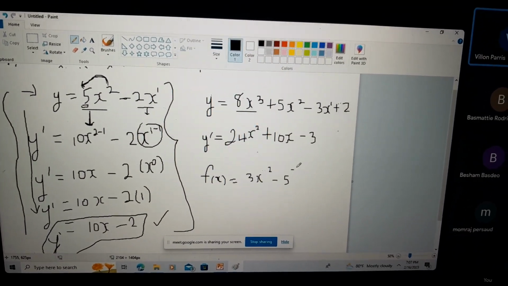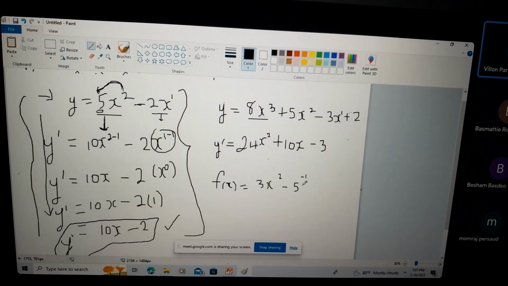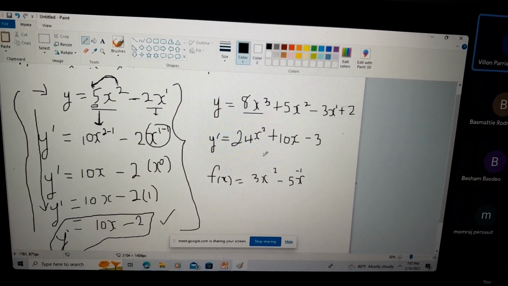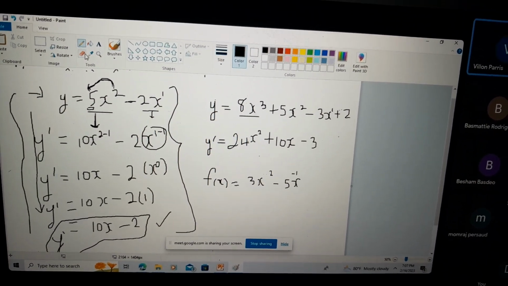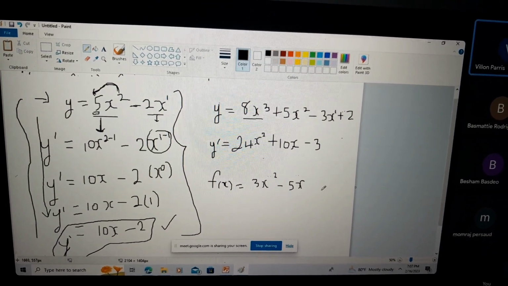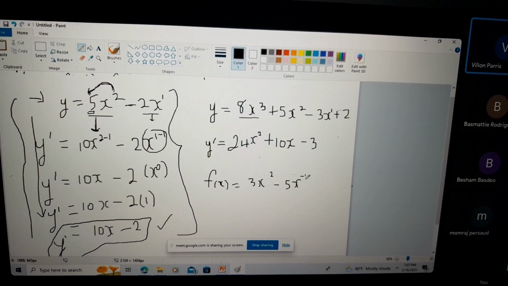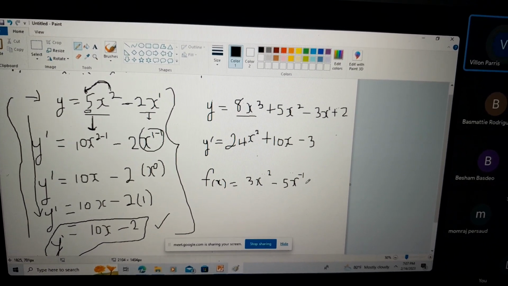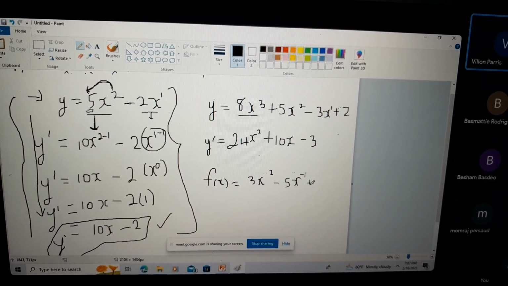Negative 1 power. This x is negative 1. Right? Plus